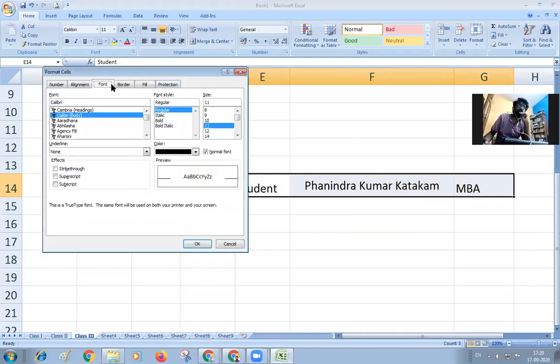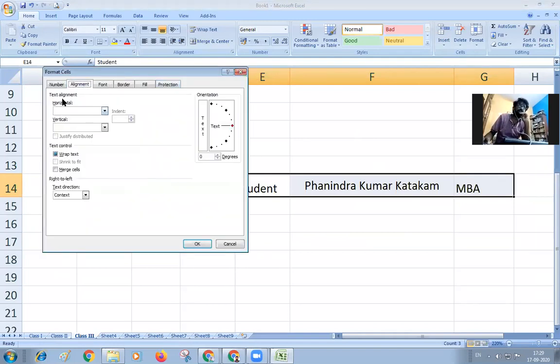Then font can be done, and alignment first. For alignment, horizontal alignment is center, and vertical alignment is center, and you can go for wrap text, shrink to fit, and merge cells also. If you want to go for orientation, 90 degrees, you can go for a horizontal form also and vertical form.